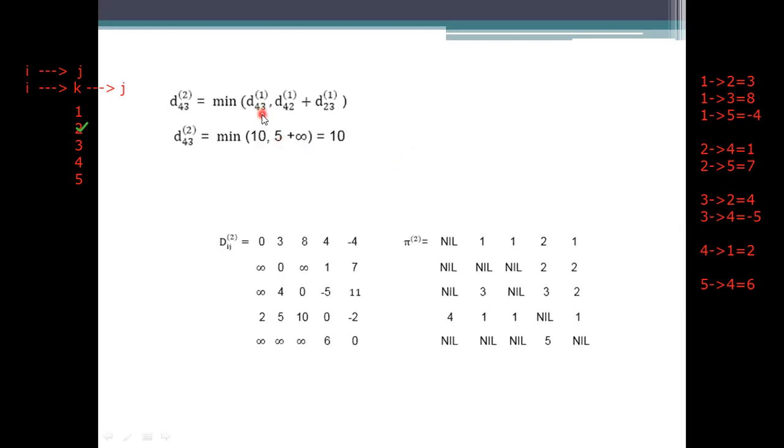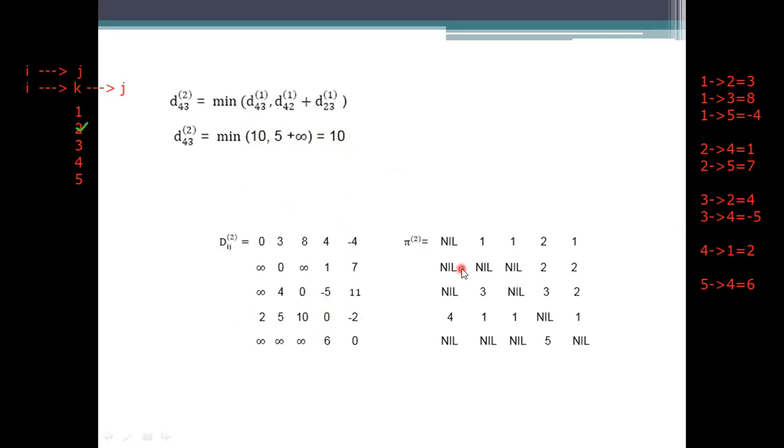Where did I get this value here? This is got from the distance vector, that is a distance value from the previous one. It is not the updated schema. This is the fourth row and third column. The value here is a 10. Already it is having the 10 value. If there lies a new value which is smaller than the 10, what happens here? We need to specify the new, updated value into this one.